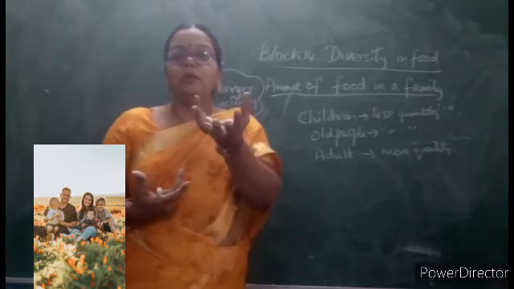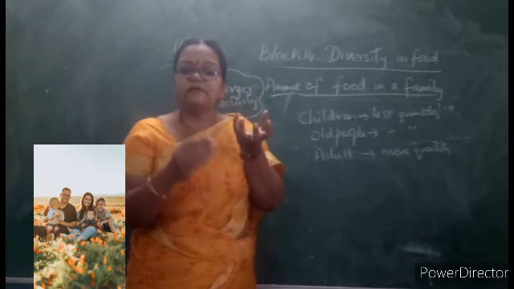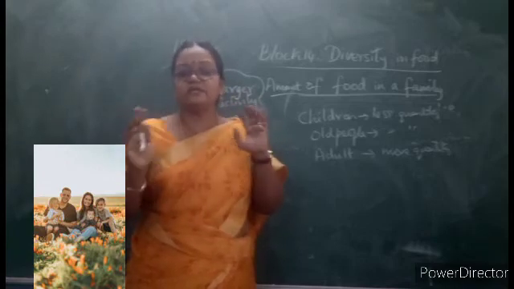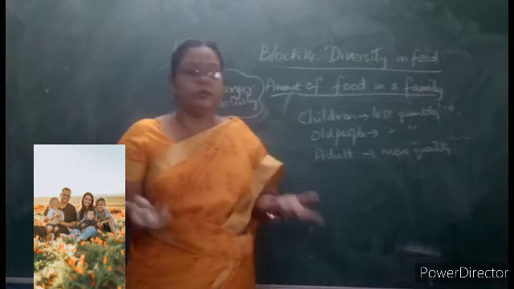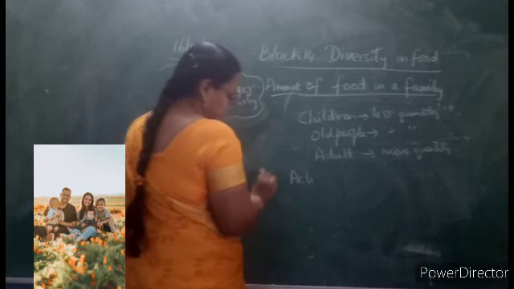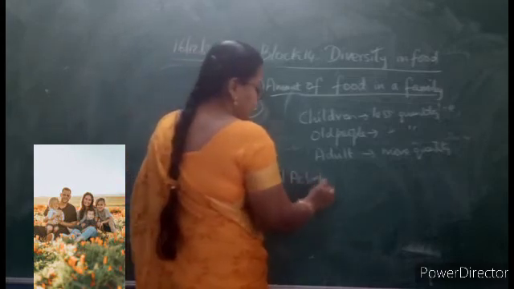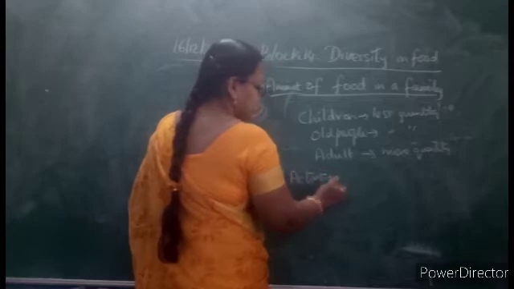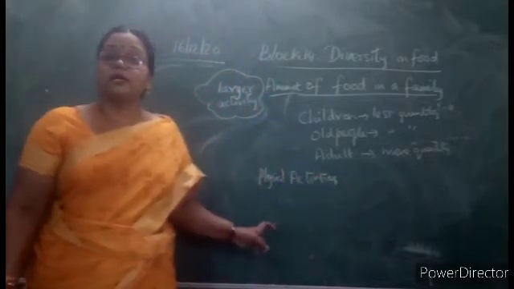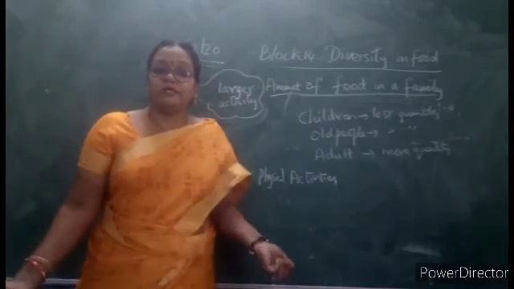For example, 1 bowl of rice is enough for an adult. But a child may eat 3/4 of the bowl of rice. So like that, slight differences will be there according to the work we do. That depends upon the physical activities. If physical activities are more, we need more amount of food. If physical activities are less, we have to sit in one place, we can't eat more amount of fats and energy giving food. Then we will become obese, fat.